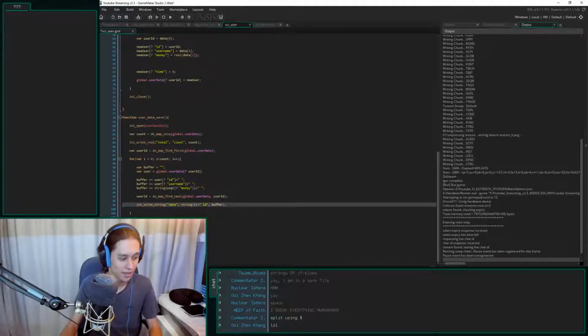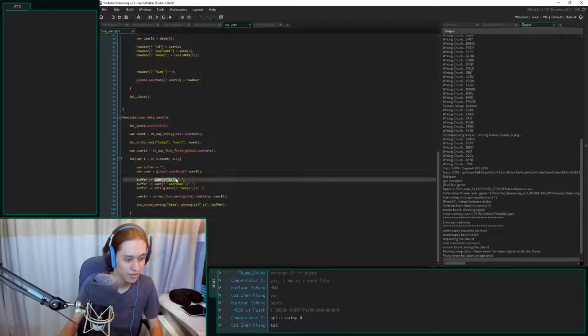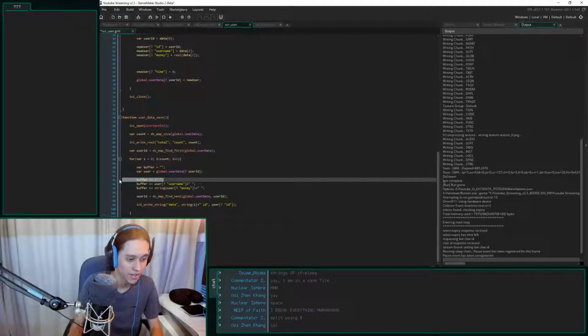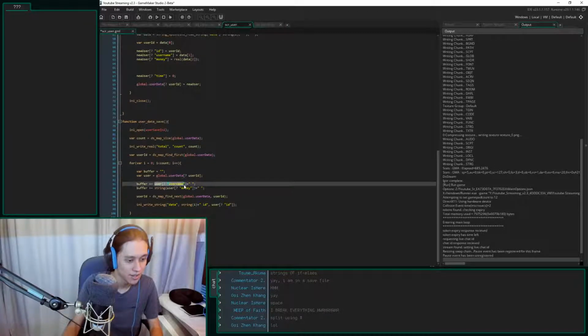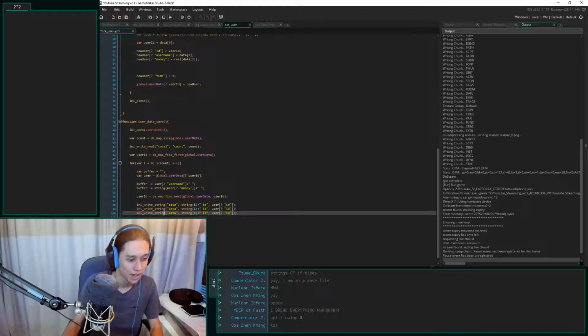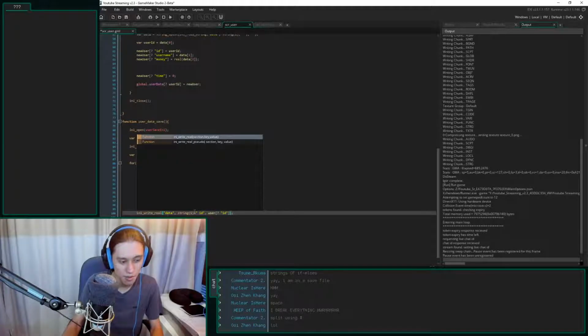Okay. I think I can work with it. Okay, equals user ID. So that means I have to save them as separate variables now. Oh, what have I done? This is going to be even more spaghetti. This is just going to be copy pasting stuff. Actually, this might be better.